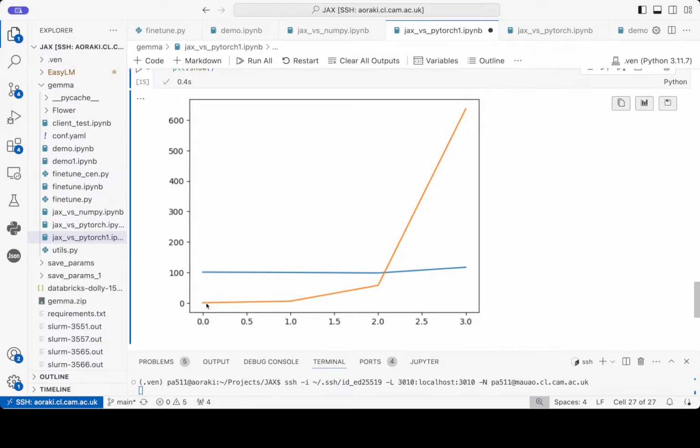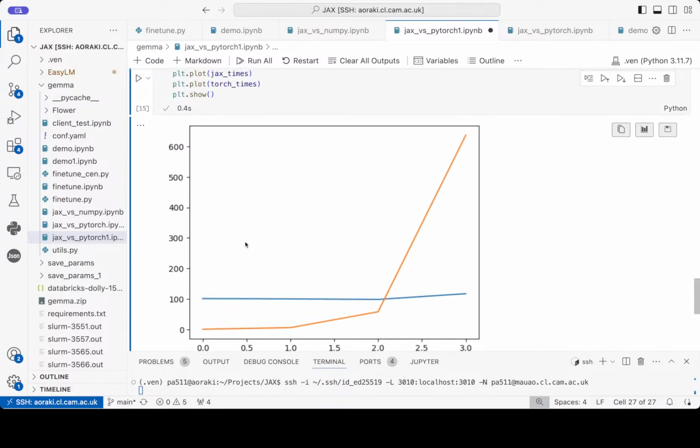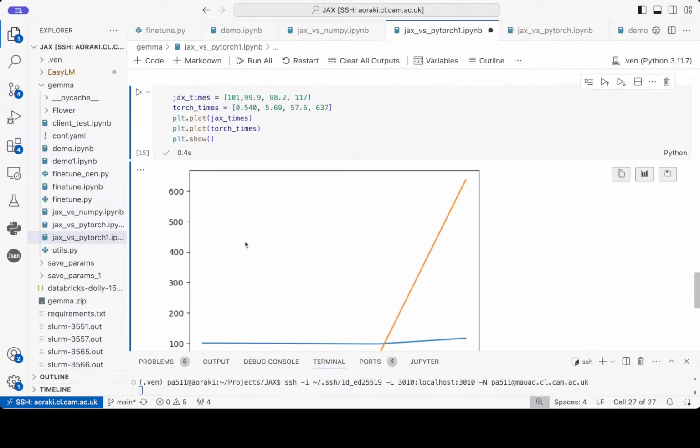So this is the reasoning why we're going to be looking into Jax and why we're going to be looking into Gemma. Gemma itself is a very, very big model. The thing that makes Gemma special is that its vocabulary size is roughly twice that of all other large language models. Recently, Llama 3 came out, and it has a vocabulary size of 100K, which is great. But Gemma has a vocabulary size of 256K. So even though the model came out roughly last year, it still has a cutting edge vocabulary size.